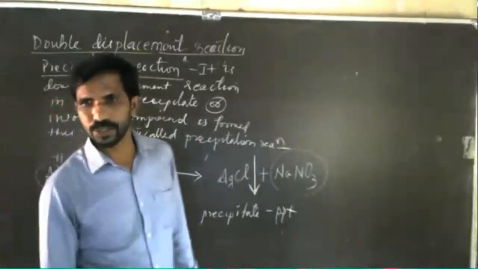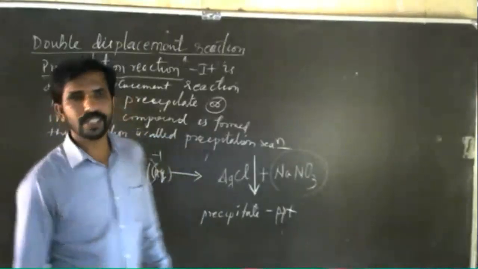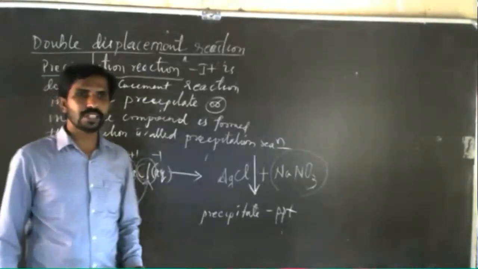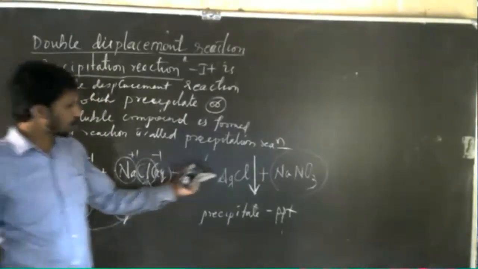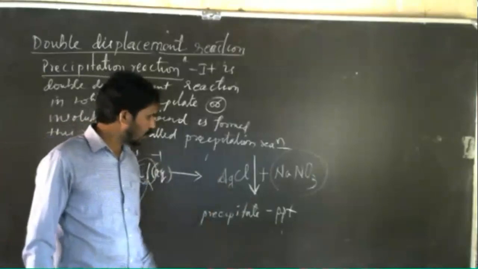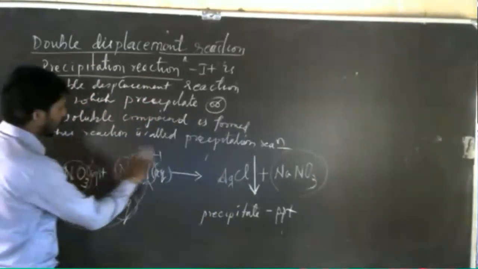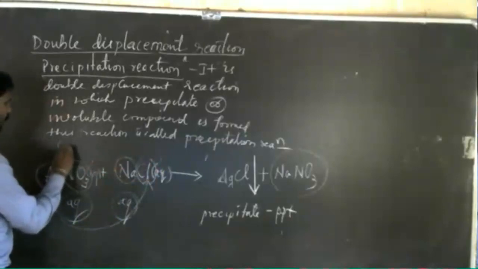One more sign is used in the chemical equation. So what does chemical equation mean? The symbolic representation of a chemical reaction is called a chemical equation. To represent the chemical reaction, we use many symbols. One more symbol is added to your bunch, that is the downward arrow mark. The downward arrow mark refers to a precipitate being formed.